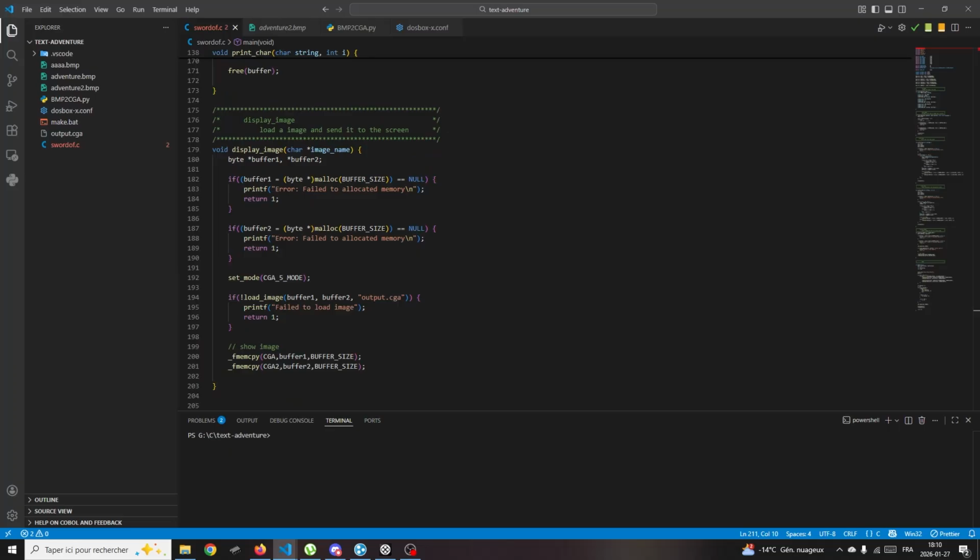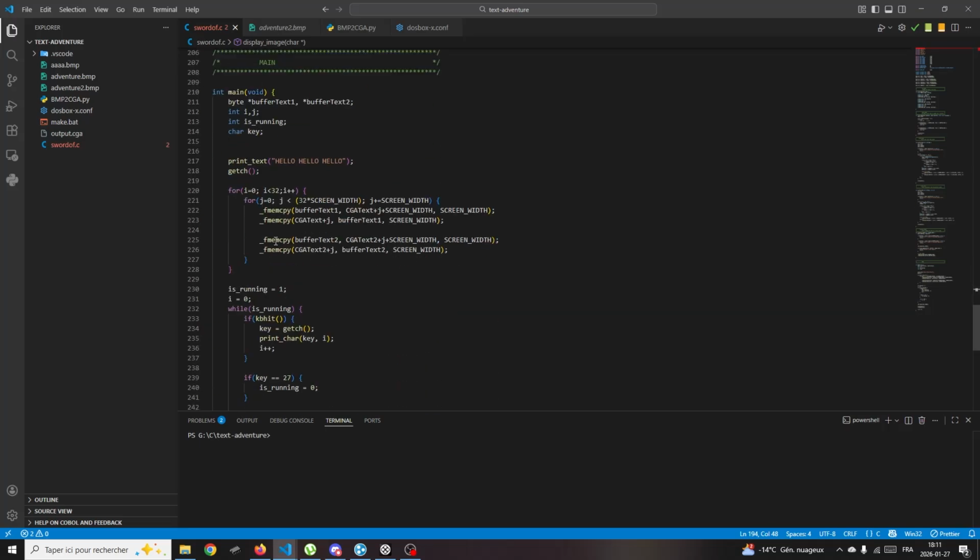So display image. Right. I think that's all. Yeah. Oh yeah, no, I don't want to return. I just want to return. I don't want it to be output.cga. I want it to be image name. Right. Okay, now that we got this out of the way,